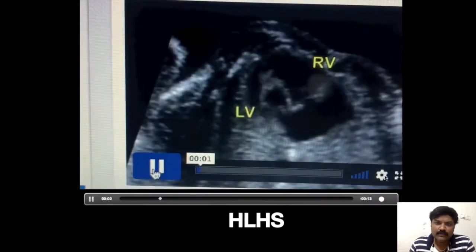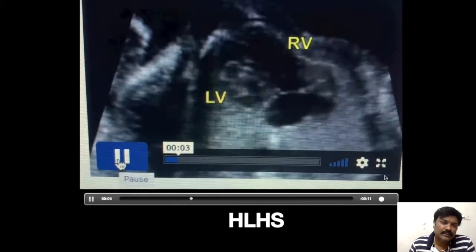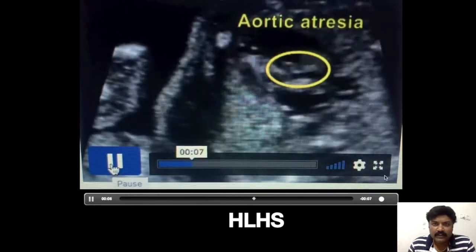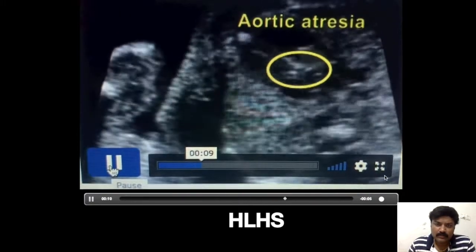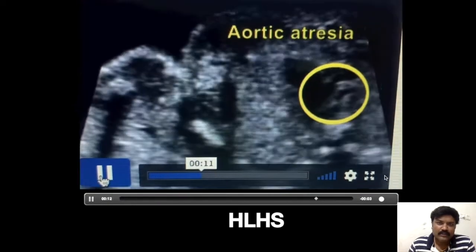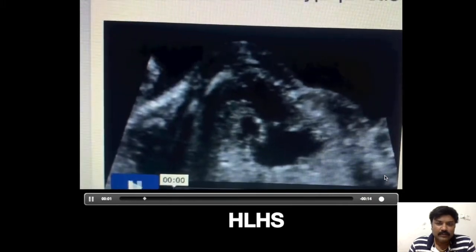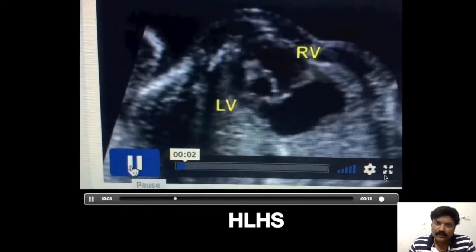Whenever you are assessing the four chamber view, you have to see the proportion of the right and left ventricle. If the left ventricle is small, then there are multiple possibilities. One is hypoplastic left heart, and then coarctation of aorta, interrupted aortic arch, aortic stenosis.